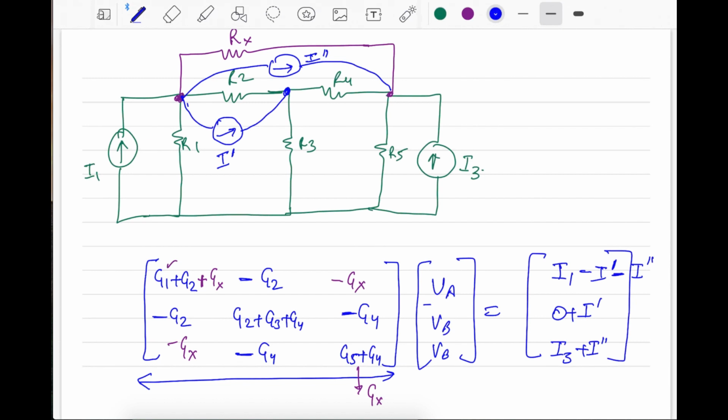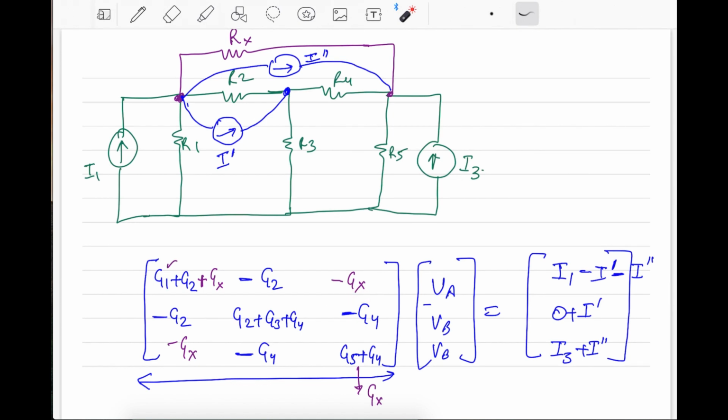Yes, please. Sir, in the conductance matrix, is it G5 plus G4 plus Gx, or is the entire entry replaced by Gx? No, it is G5 plus G4 plus Gx once we include this, because at node 3 you have to sum up all the resistances connected to it, right? So that's why it is that. And the corner is minus Gx, yes, minus Gx. This one. Yes, sir. So what's the question?